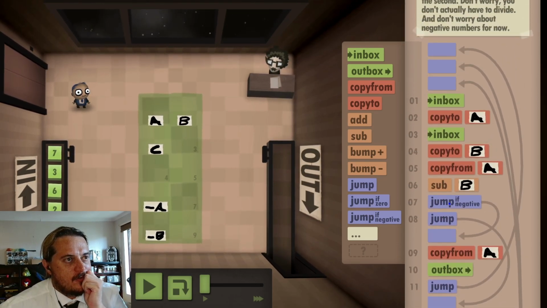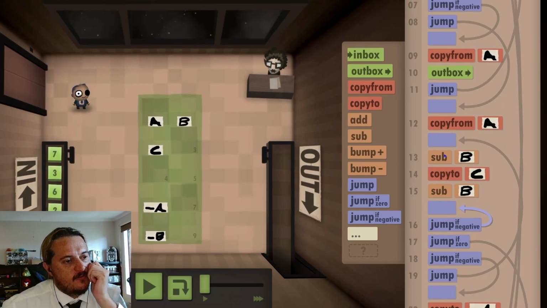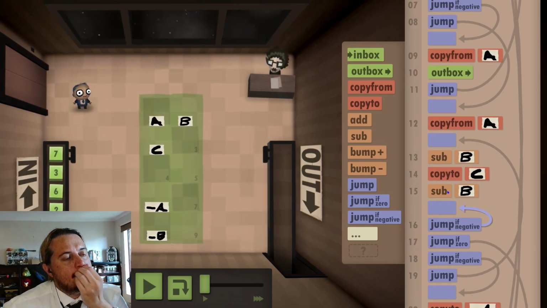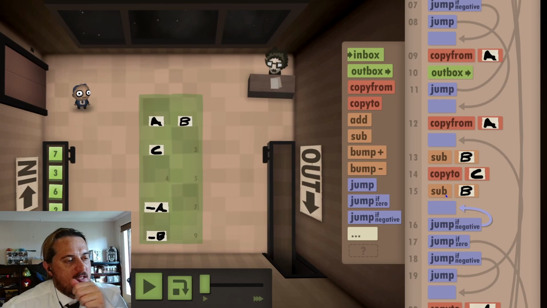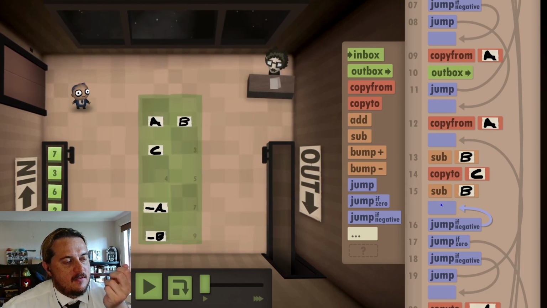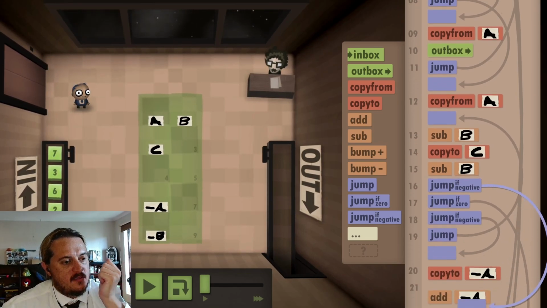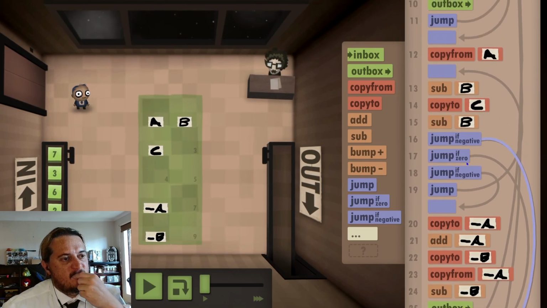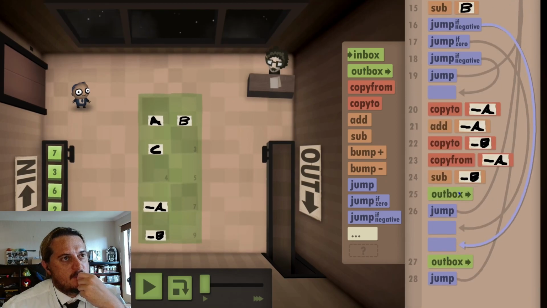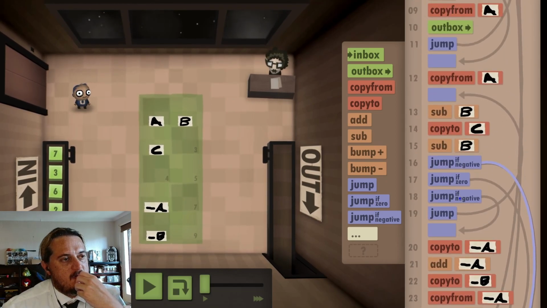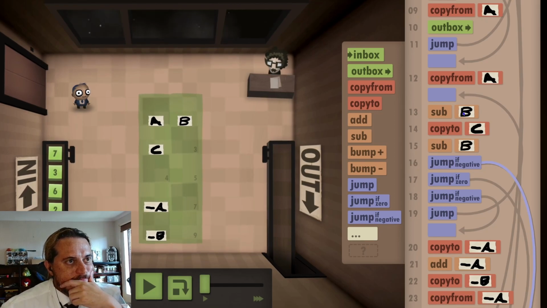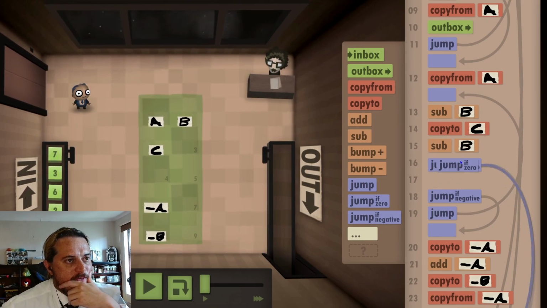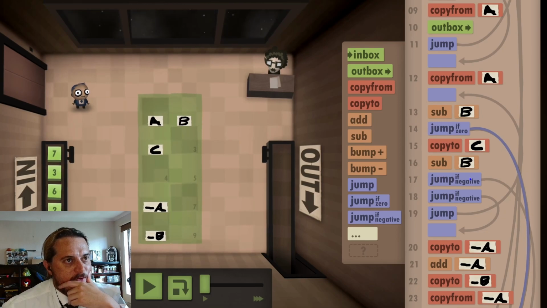I'm rewriting this whole thing, man. If negative, because B minus C, then it means it doesn't fit. If negative, outbox. If 0, outbox. No, not if 0, outbox. Copy from A minus B. If 0,